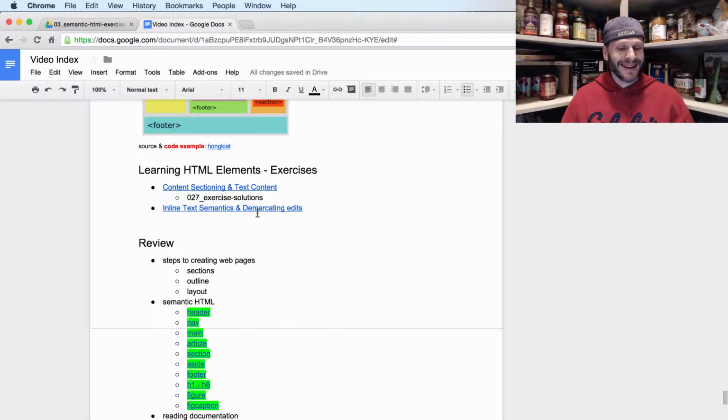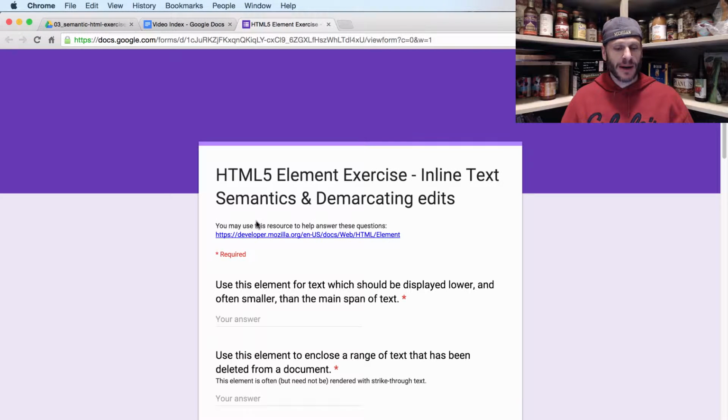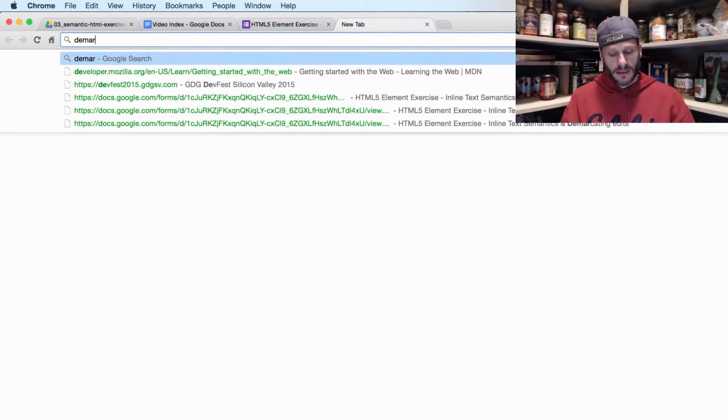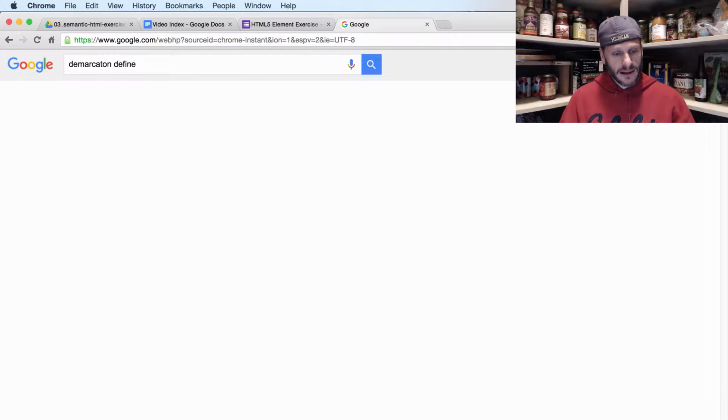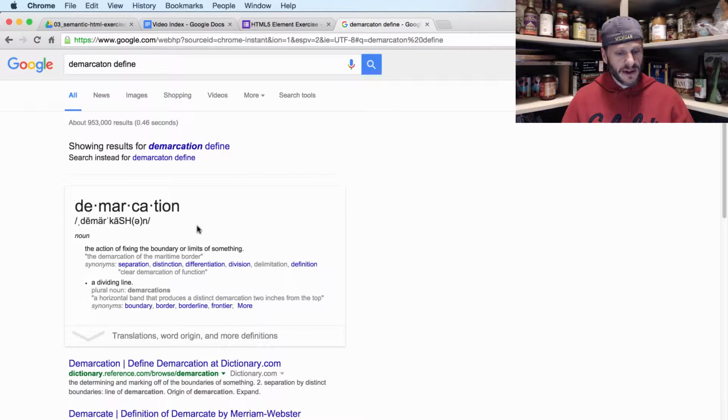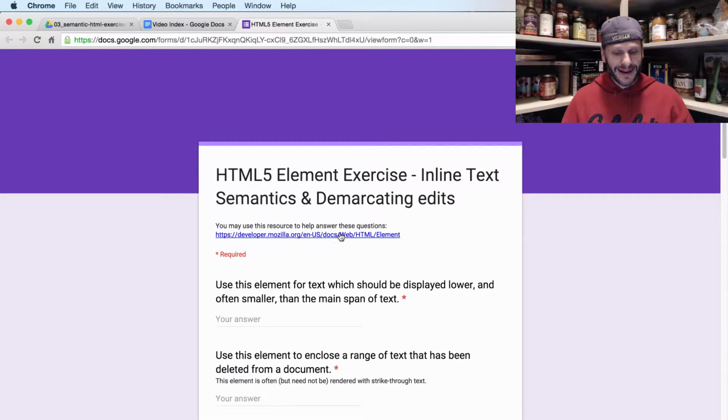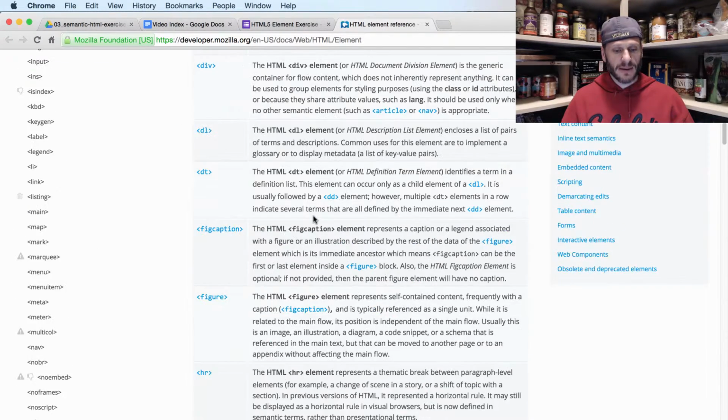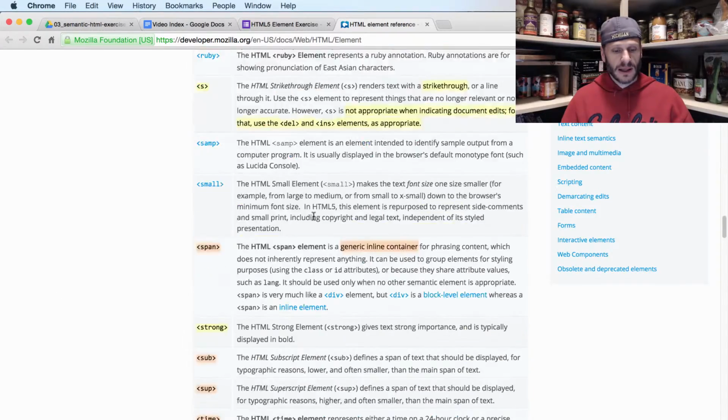Now we're going to do inline text semantics and demarcating edits. That's kind of a big word, demarcating, demarcation. Define: it's the action of fixing the boundary limits on something, a dividing line. So demarcating, when we look at that in the spec, we go all the way down to inline text elements,